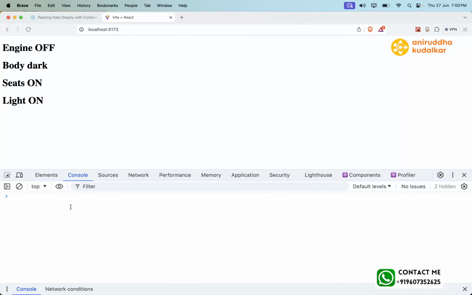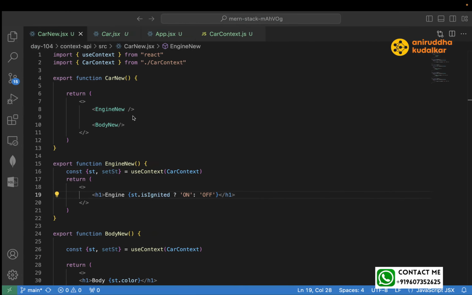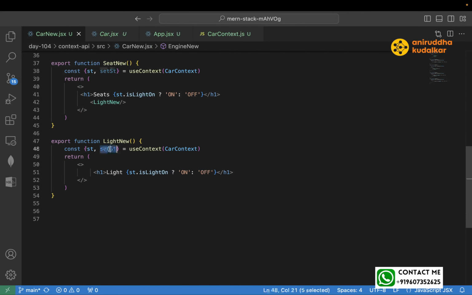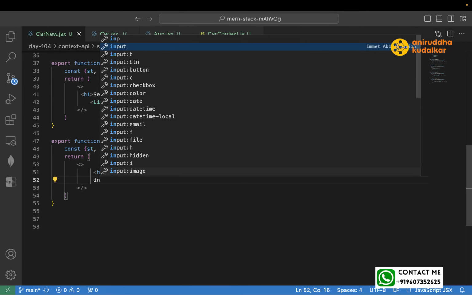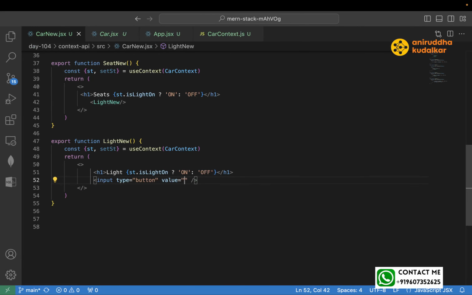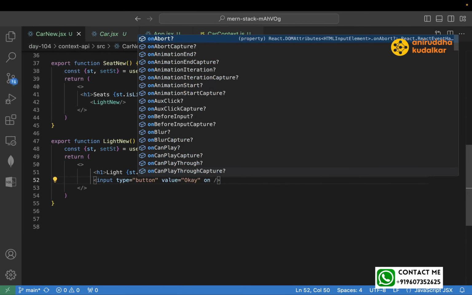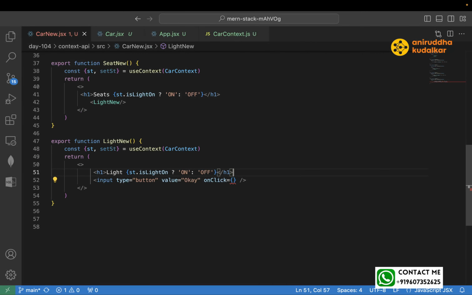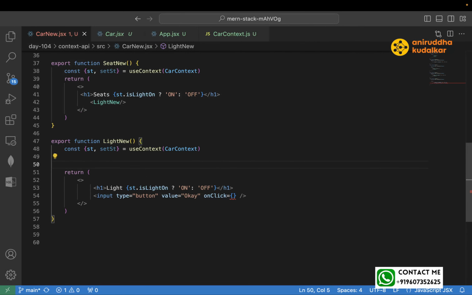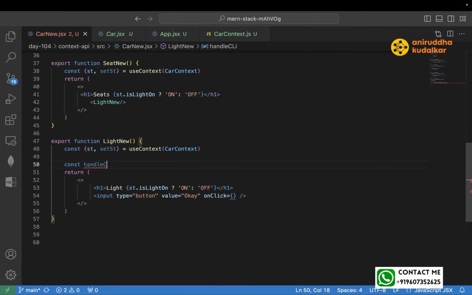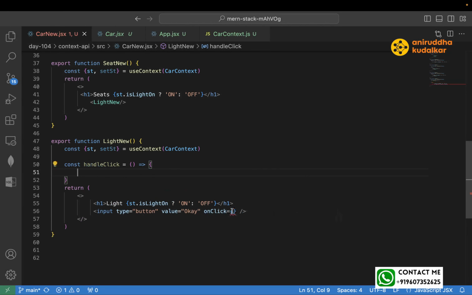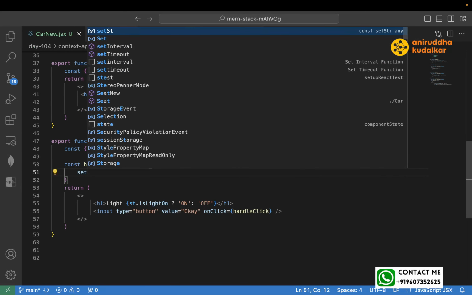Can you see now everywhere working? All the errors are gone. And if there is a button, and if you want to change the state, consider that there is an input type button, value okay, and onClick. Here you can say handleClick, which is nothing but this function, and here I can say handleClick, and here you can say setSt,